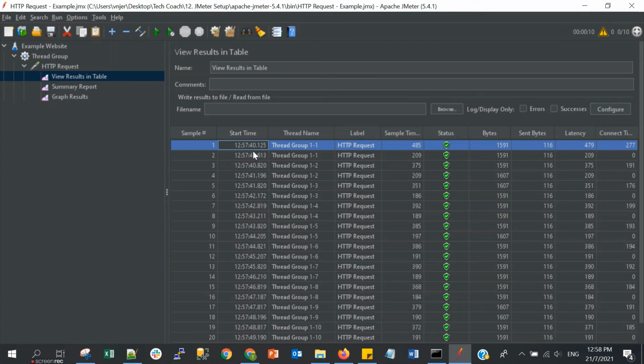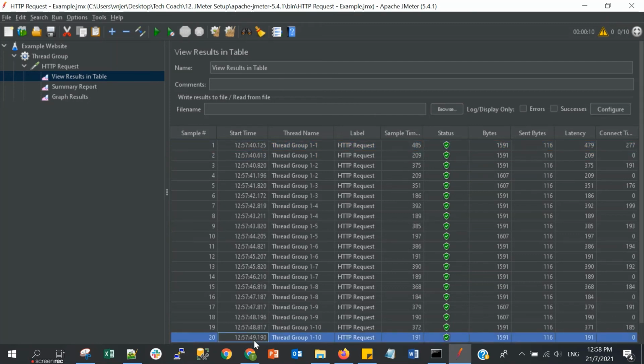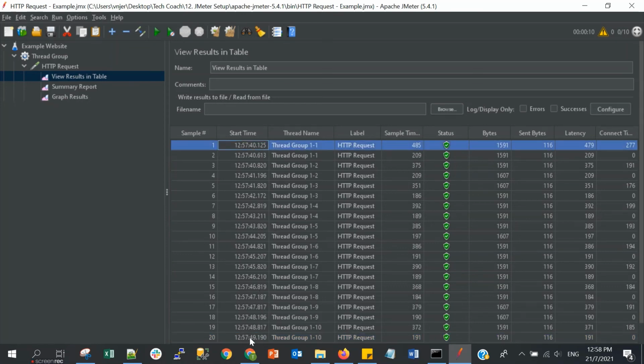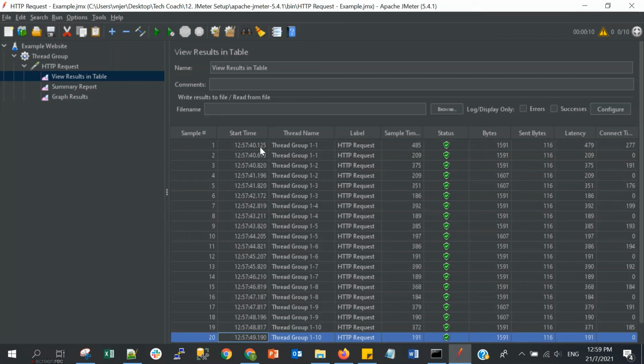You can notice the seconds here, because the ramp up is 10 seconds. From the first sample until the end of the last sample, the gap is 10 seconds. This is 40, this is 49. So the 10 seconds also includes the loop.